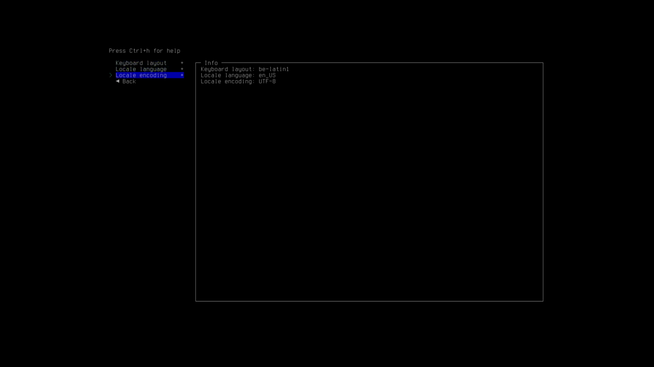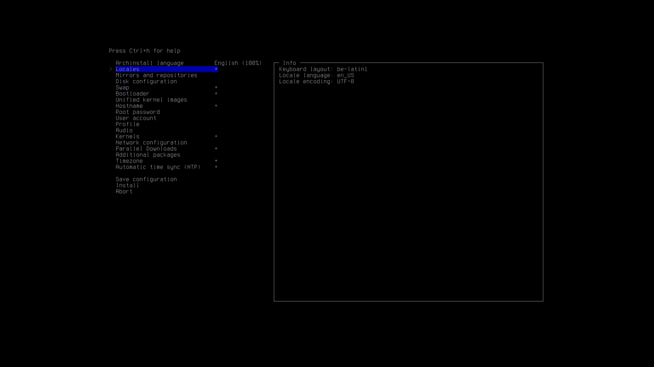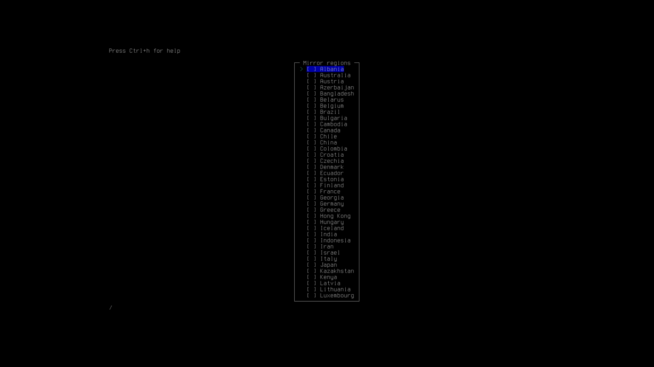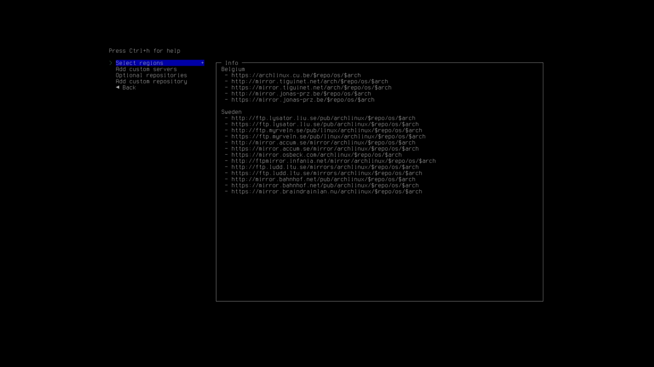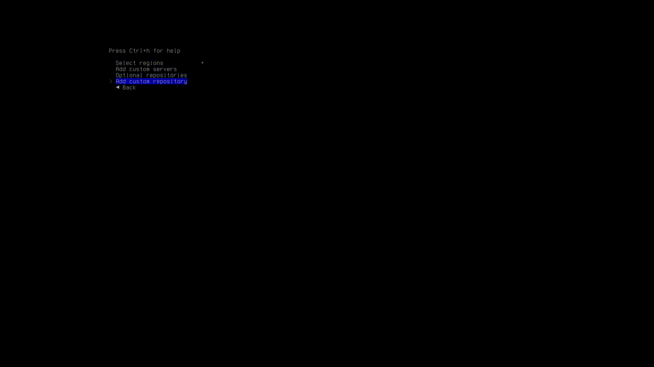Same goes for the mirrors. Locales, we've done that. Okay, back, mirrors, select regions. So a slash is falling to the right, backslash is falling to the left. BE for Belgium, check. But Belgium, not okay, right? I know it's not okay. Sweden is much better for me. Now I have both of them, and wow, cool, right? Back,